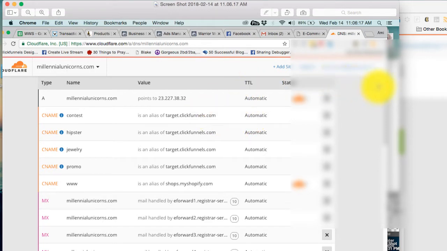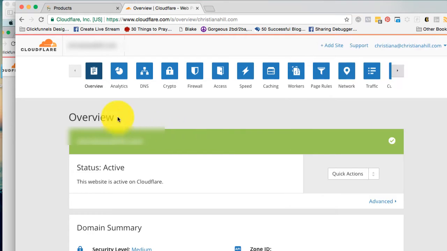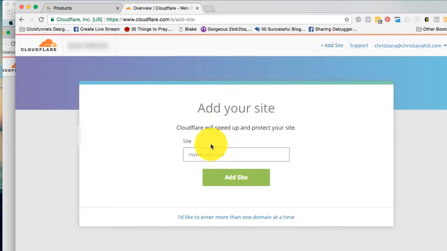Now, for this example that I'm going to set up, the person wants to have their main website going to Shopify, and they want to have their funnels as a subdomain. So what we need to do is first add the domain to Cloudflare. So up here it says go to add a site, and we're going to type in the domain that they're going to add, which in this case